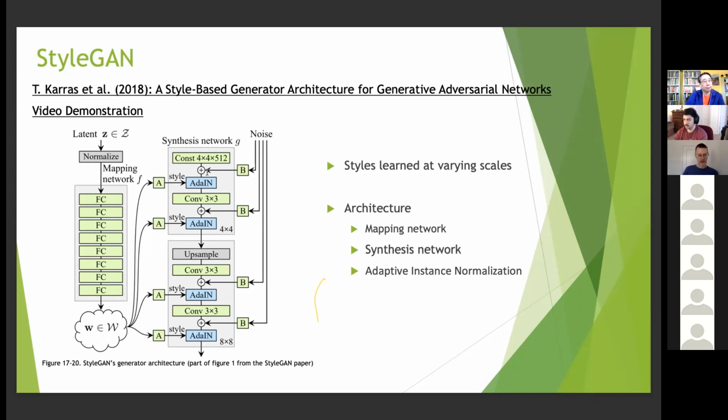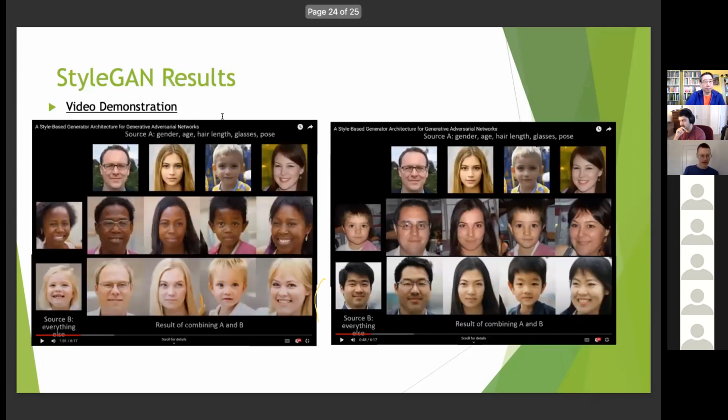And by adding noise separately at each stage, you can learn different types of features at different scale levels. And this was found to be really useful in generating realistic images as well. And we've got some examples down here, which is pretty cool and shows the power of